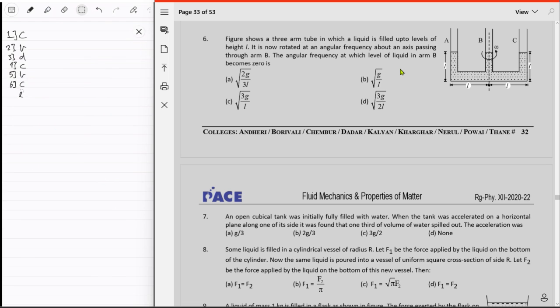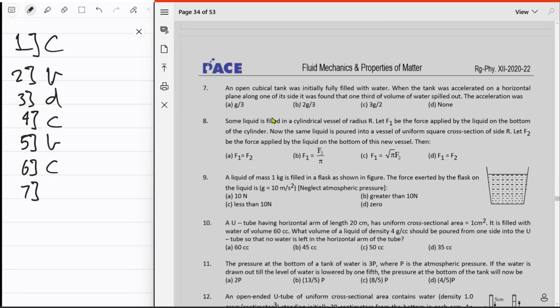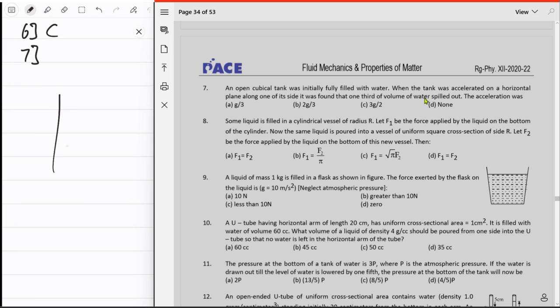Seventh. Seventh is an open cubical tank that was initially fully filled with water. When the tank was accelerated on a horizontal plane along one of its sides, it was found that one-third of the volume of water spilled out. Fully filled, okay, fine. So one-third of the volume spilled out, right? So this is the new free surface that you have, and this volume that is not here now,